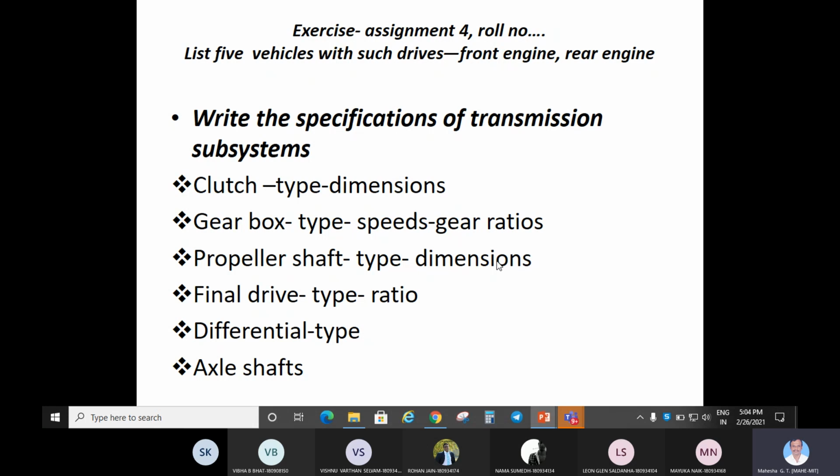Will you all agree with that or not? Yes, sir. Yeah, so 2 dimensions: you should find out for the given model what is the length of the shaft or lengths of the shafts, then the diameter also. I think I had told the diameter range of generally available shafts last class. Can anyone recall that?